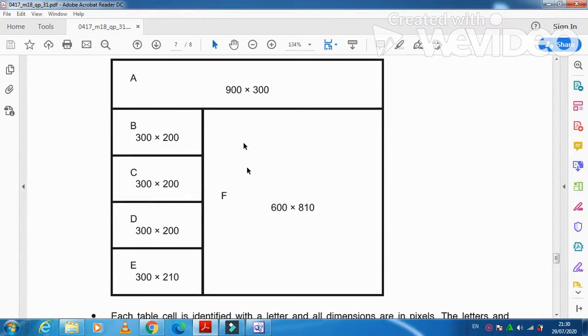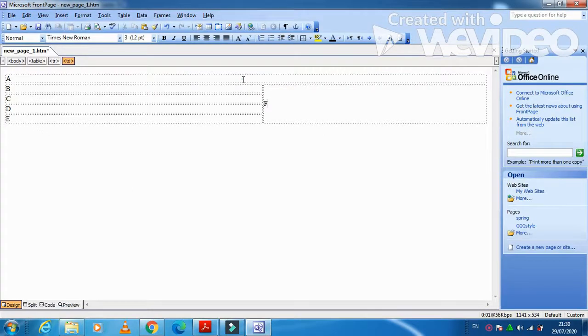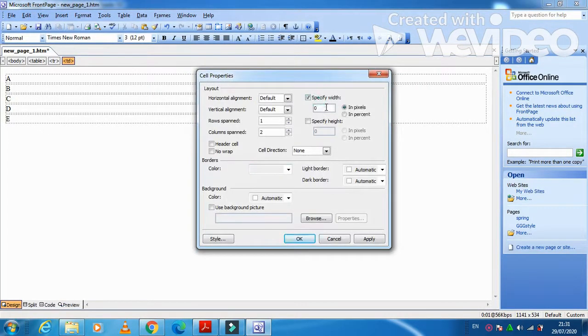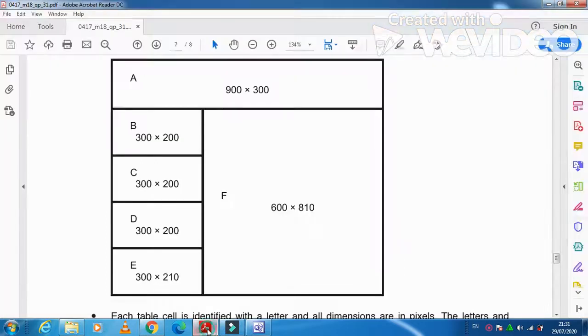Before placing anything in cell A, we need to set the height and width of the cells in pixels. Here they mention we need 900 pixels wide and 300 pixels high. So right click, cell properties, the width we need 900 and then the height we need 300. I just need to cross check.